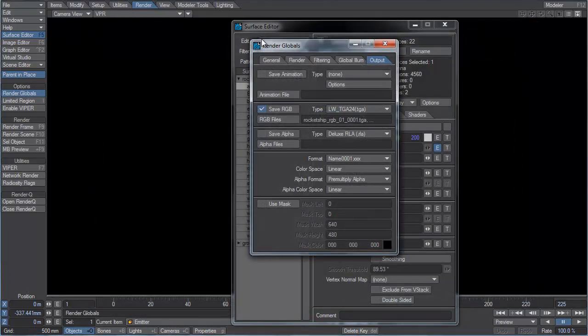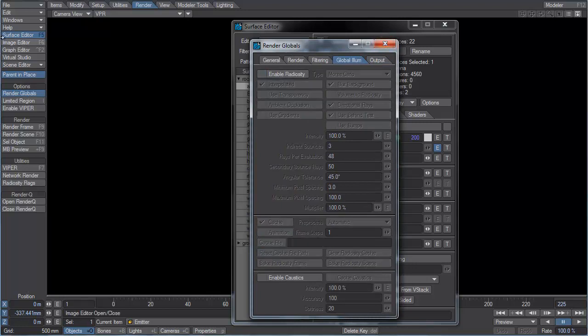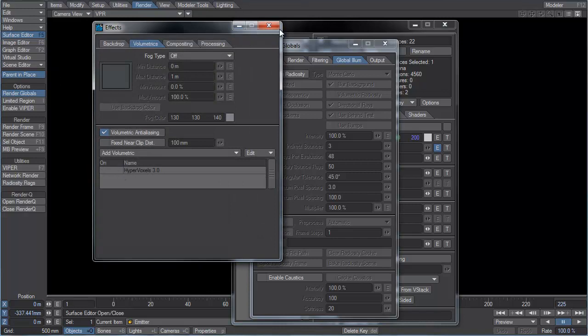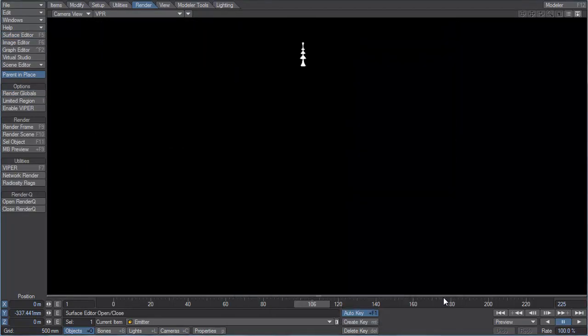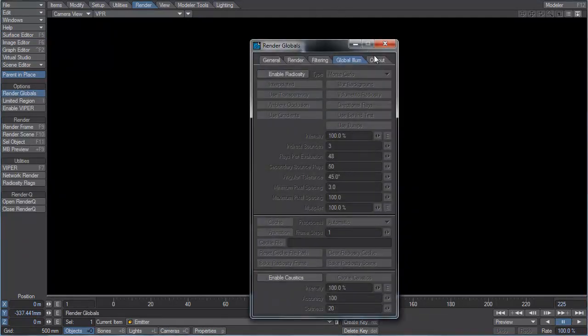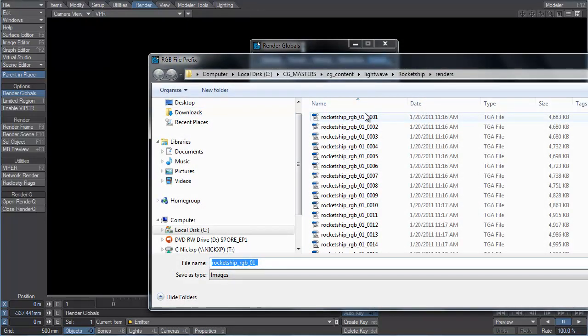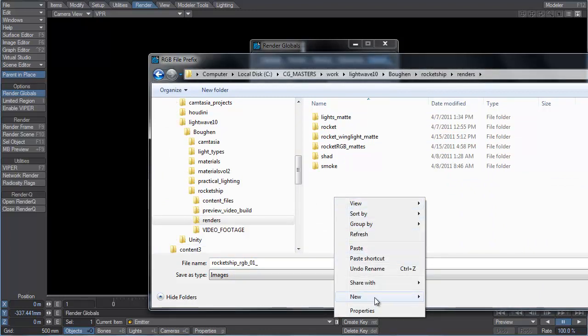Go to our render globals, global illumination, make sure to disable radiosity, and we also had volumetrics on, so we'll make sure to disable that. So now this render should be ready to go. Let's just double check our outputs. Output to, we need to create a new directory for this. So this directory will be called